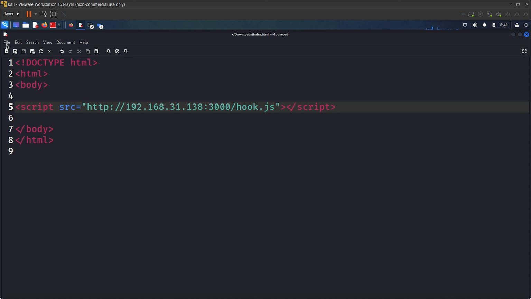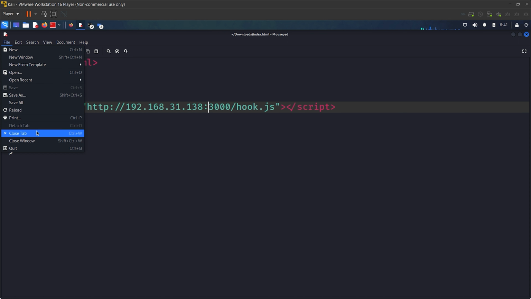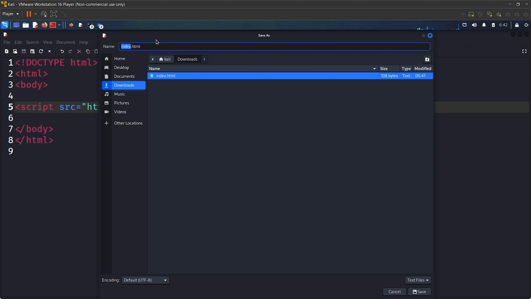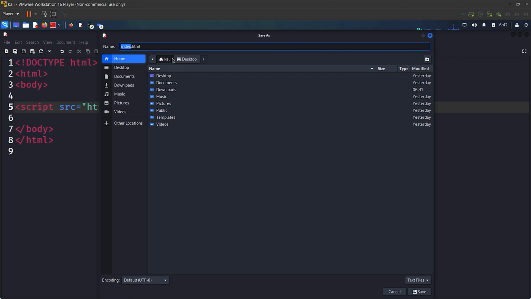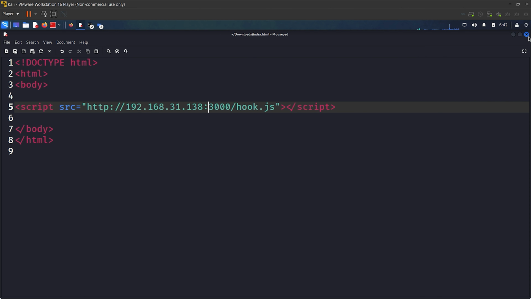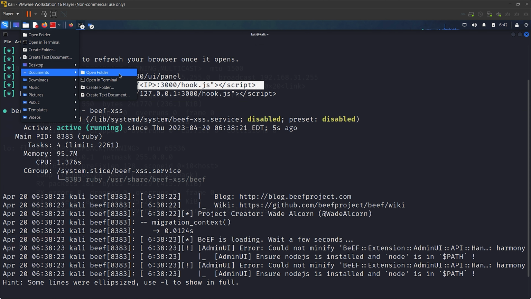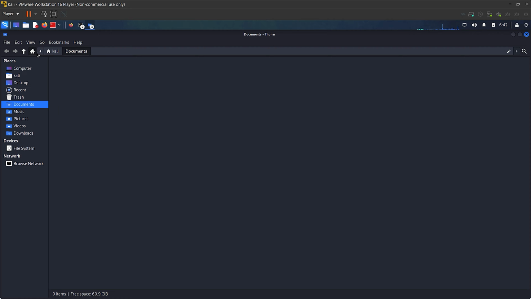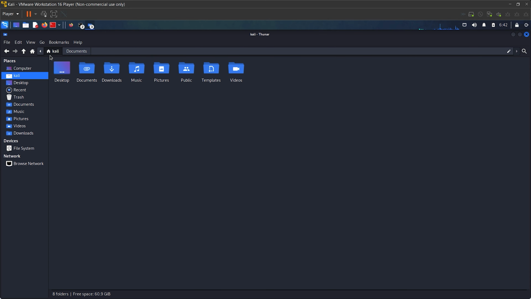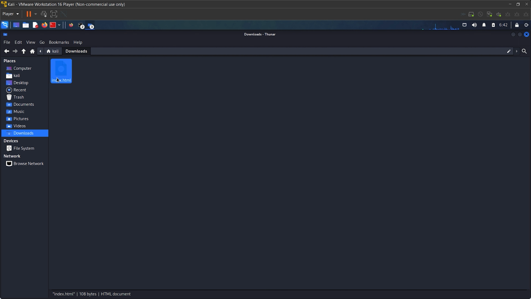I will show you how to place this file. So we're going to go to File, Save As. As you know, the Apache web server is stored in... sorry, I won't do it here. I will do copy and paste. It will be better for you also to understand. So I will go to the home directory, and this is my document in downloads. This is the document that we created with the malicious code. So I will copy this, and I will